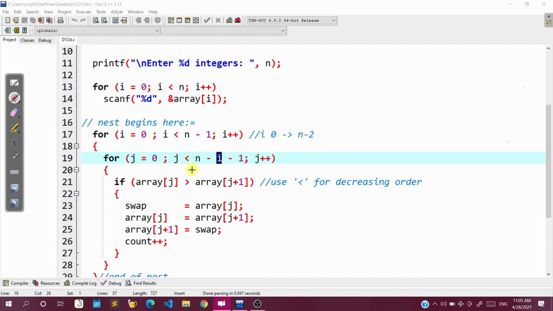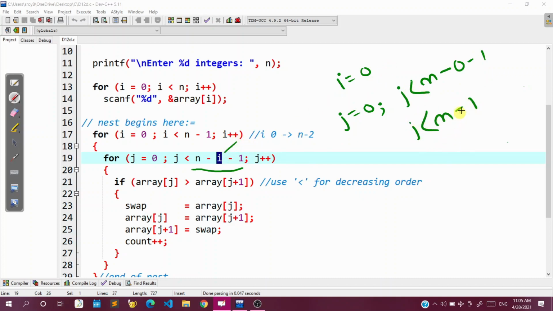Now we try to understand the upper limit of j. Suppose i is 0, then j will run from 0, and as long as j is less than n minus 0 minus 1. So we are putting i is equal to 0 here. That means j will run less than n minus 1. Why so? Why are we not iterating up to the last element?